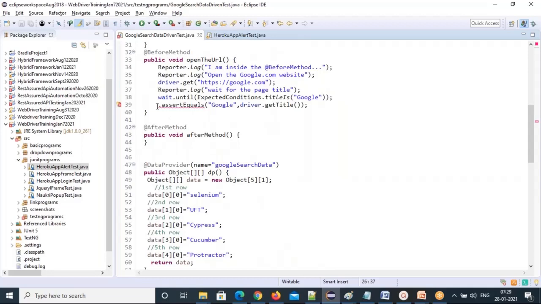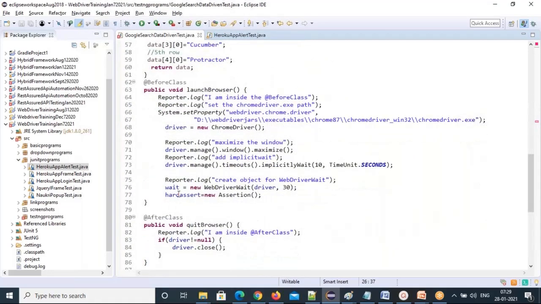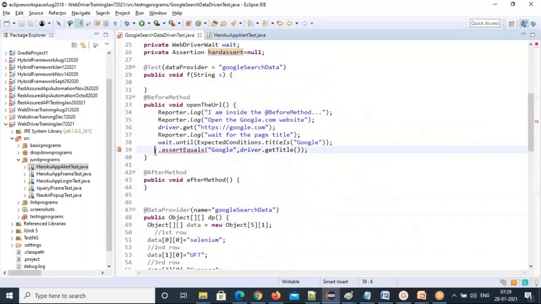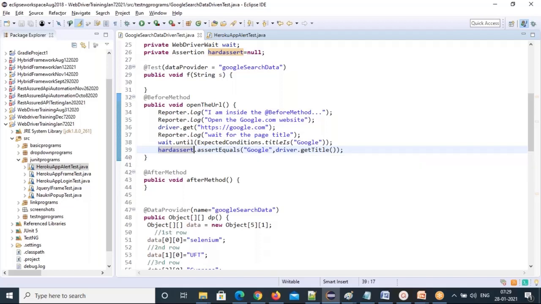So now this is done. Now you can use this hardAssert dot these values. Before it was a static method. I think they changed it now completely. Okay. Done. Assertions also done.